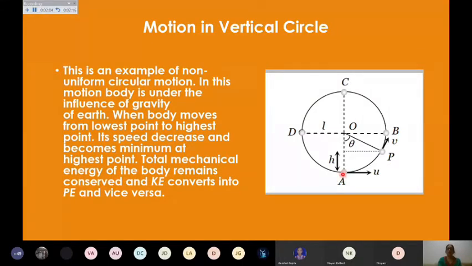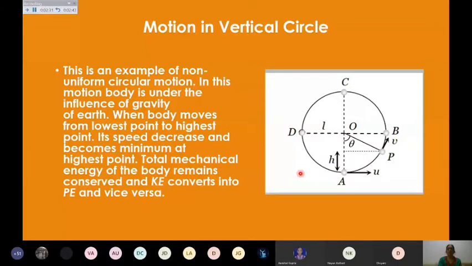They know this trick, how much speed should be given at the lowest point, according to the mass of the water and glass, so that the body is able to complete the circle without spilling. And of course, in the circus, the person comes on a bike and is able to complete the vertical circle, popularly known as the death circle. That is also by the knowledge of the minimum velocity at the lowest point with which the person should come so as to complete the vertical circle.